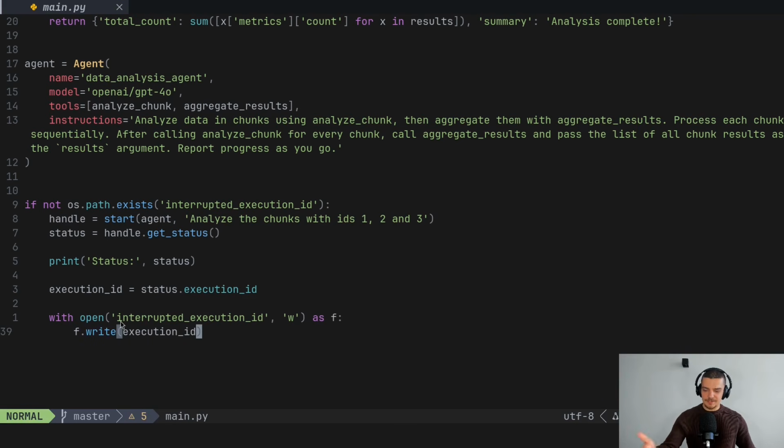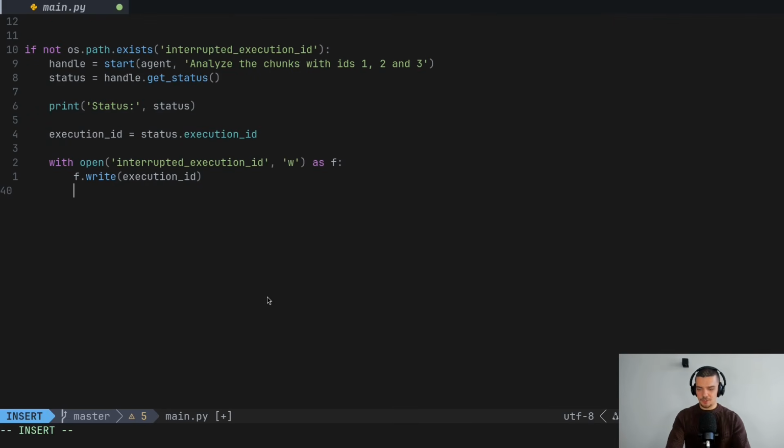Now, maybe you're asking, okay, why do we call this interrupted if it's not interrupted? The idea is that if it's not interrupted, we're going to delete it at the end. So if it's not deleted, there was an interruption. That's the idea. So we call it like this and we create it beforehand, and then we go into the actual work. Now, to not have to write if else a lot of times, we're just going to always, regardless of whether the file existed in the first place or we just created it, we're going to load the ID